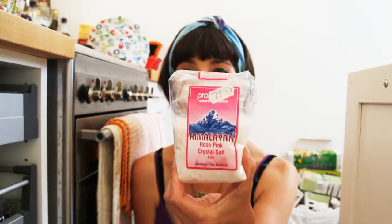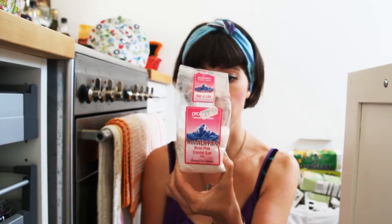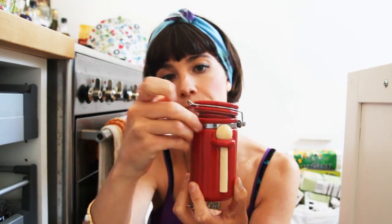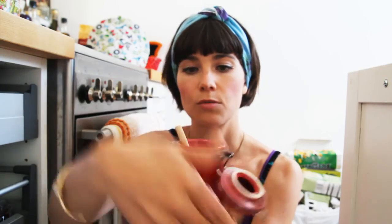I love this. This is Himalayan pink salt, and it's redonkulously expensive. It's, what, $3.59 for a bag, which I think is pretty expensive for some salt. But oh my god, it's so good, and I really don't need to use a lot of that. I keep it in a little dinky thing, I'll show you, and it's got a little spoon. And that's what I use. I also have ordinary salt, so that I'm not always using the pink Himalayan salt, because that would just get too